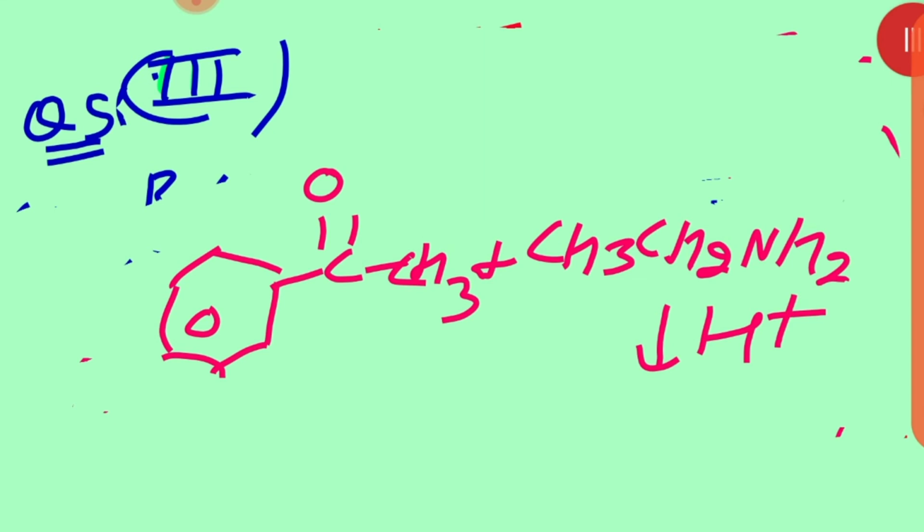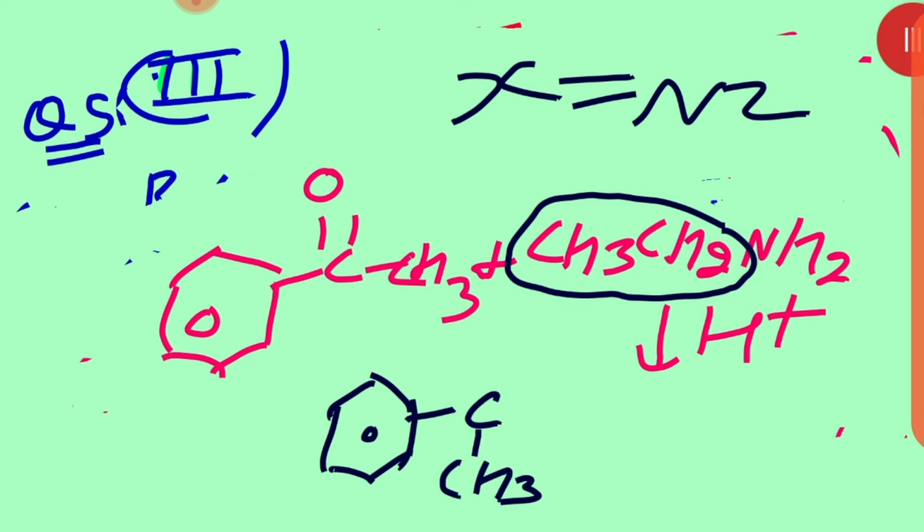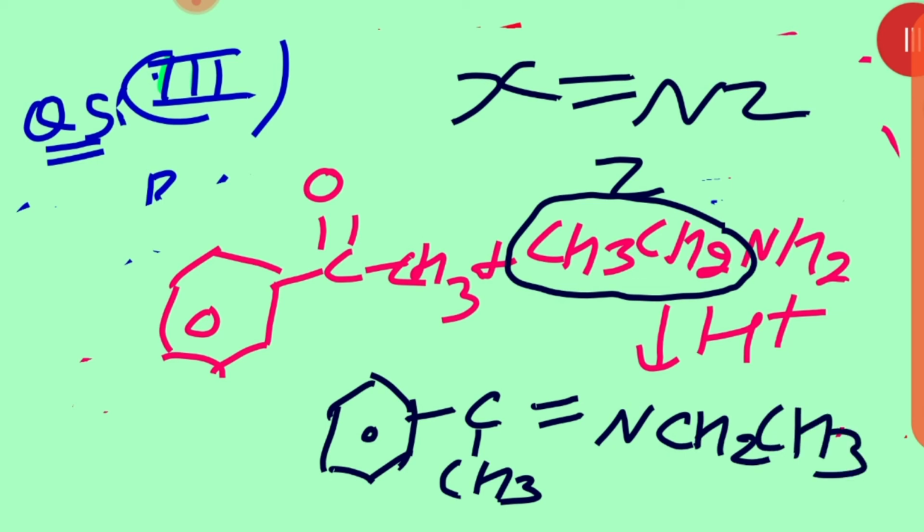Then what to do here in this case? ठीक है, हमने करना क्या है यहाँ पर, क्या बनाना है हमने? Okay, you must see, all of you. ठीक है, इसमें again we know very well C double bond NZ. Now find out the value of Z there. Yes, this is there. Now you see the product here. What I am going to do? Benzene, then C CH3 double bond N, this is the Z, CH2 CH3. Is that clear, beta? I hope you all are getting my point.